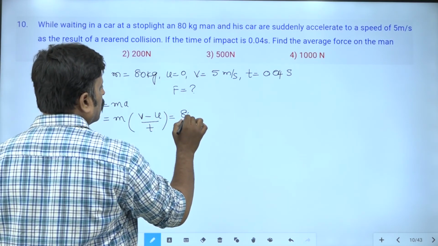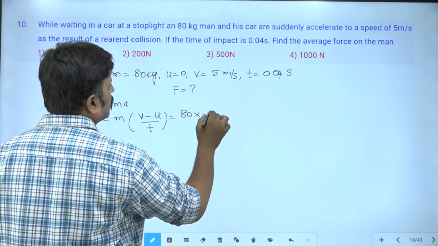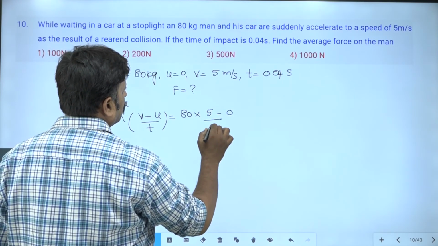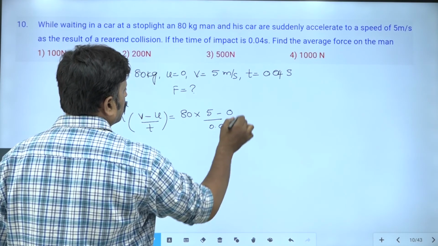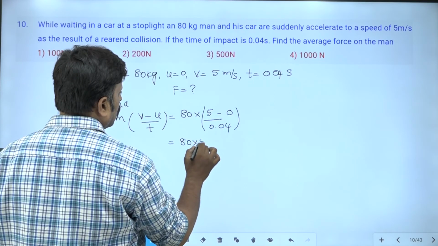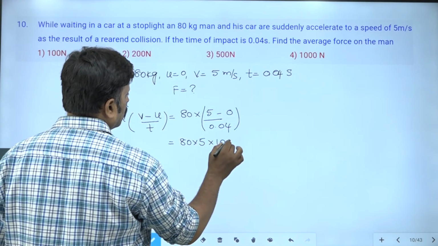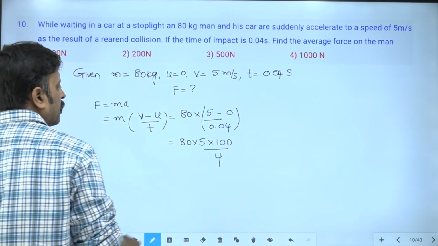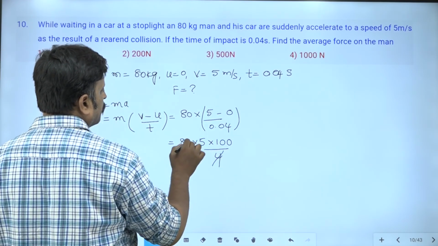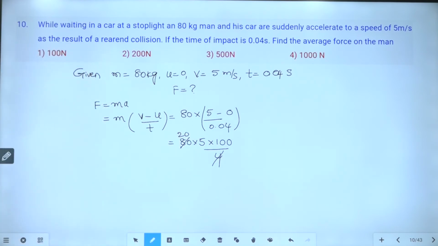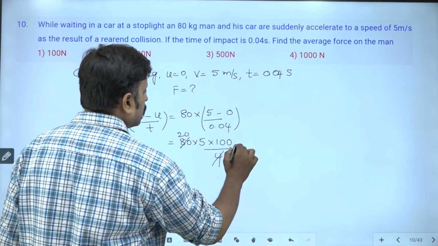Mass is 80, v is given as 5 minus initial velocity 0, by time 0.04. This is 80 into 5 into 100 by 4. Okay, 4 goes here, 20. If you simplify, you are going to get the answer as